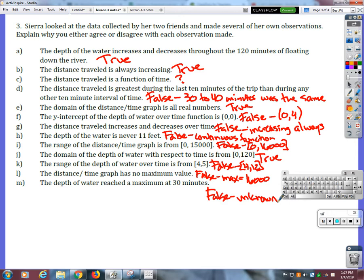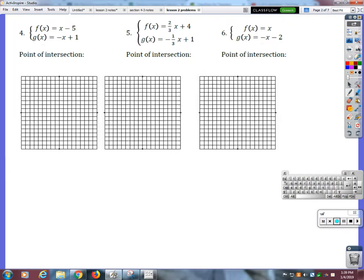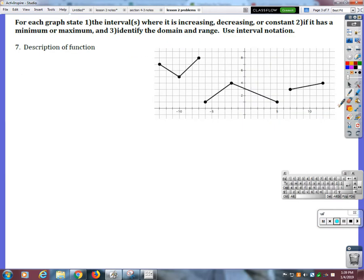Okay, will you guys start working on the homework associated with lesson 2? Where is it increasing and decreasing? So it's increasing from -10 to -7. It's also increasing from,